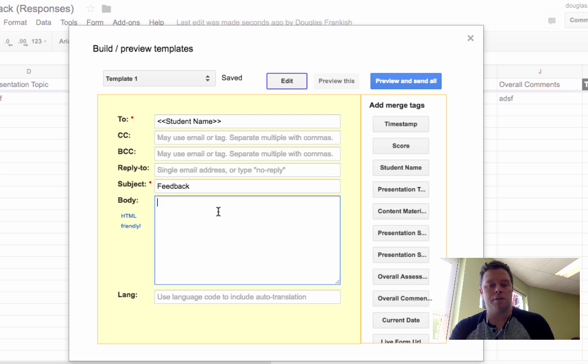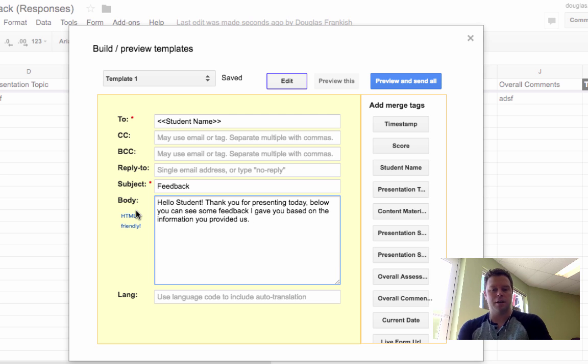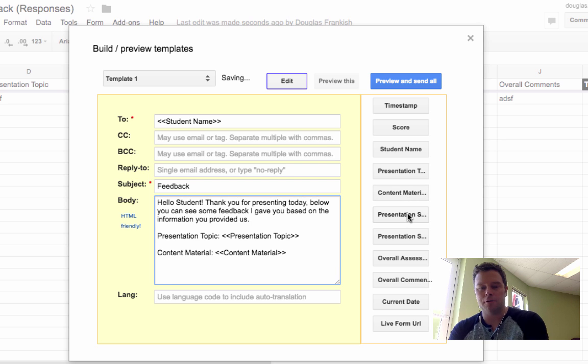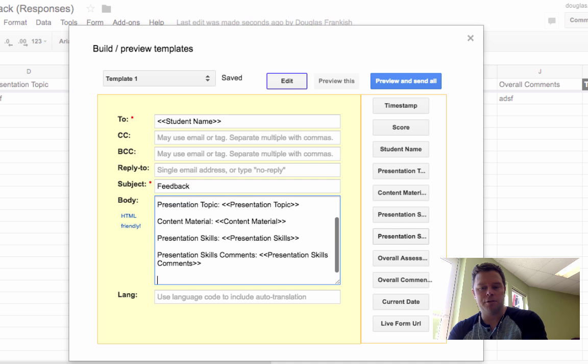And then once they open the email, the body of the email would look something like this. Hello student, thank you for presenting today. Below you can see some of the feedback that I've given you based on the information you provided us. And then I'm going to press return a couple times, and I'm going to pull from, again, these merge tags. So the first title that I had was presentation topic. So you can see in the email it'll say presentation topic, and in parentheses it will include whatever it is that I had typed in. And then I'm going to press return a couple times again and continue this process all the way down my list of merge tags,